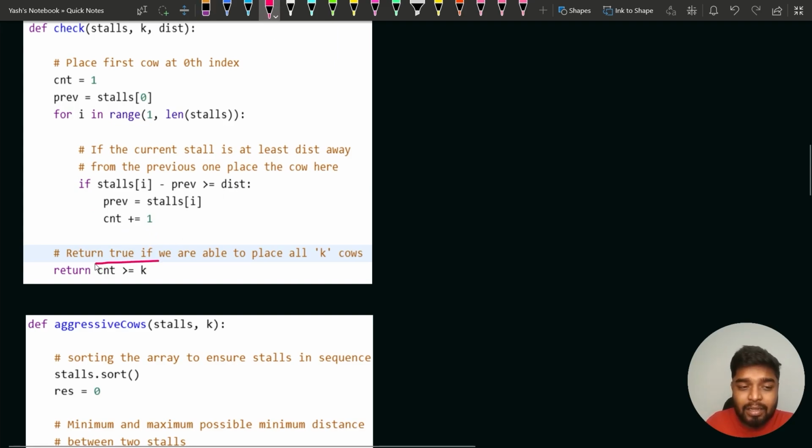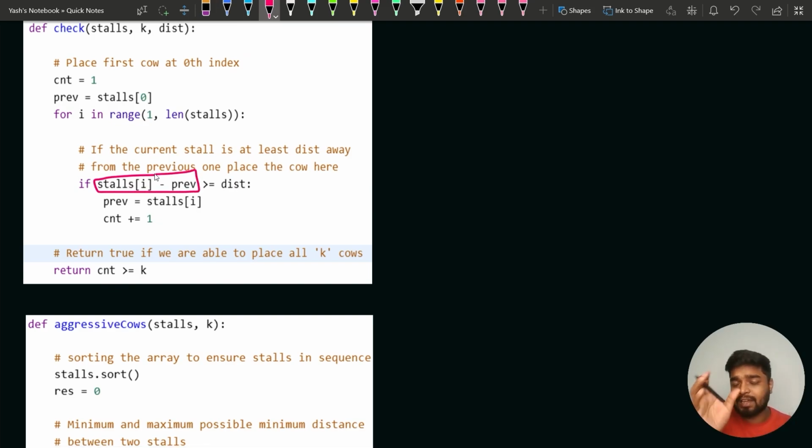And if we can allocate at least k cows or more than k cows with this minimum distance, then in that case we'll return true, that yes, it is possible that k cows can be arranged with that much distance here. Okay, so always we are just checking that if the ith stall minus the previous stall, that is the distance between the ith stall and the previous stall, is greater or equal to the minimum distance required, then I can place the current cow at the ith stall,